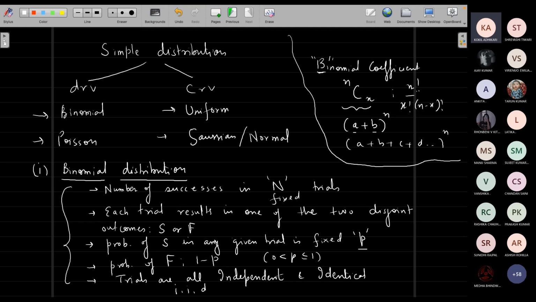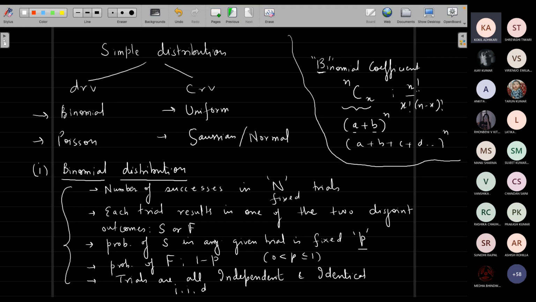Now, can you tell me in physics where this situation arises? Are you ever interested in figuring out, in certain physics processes, that the process either can occur or cannot occur, and there is a fixed probability associated with that? Have you ever been interested in something like this in physics?